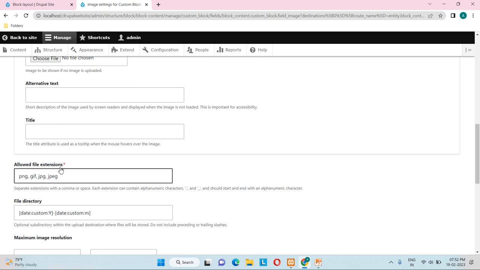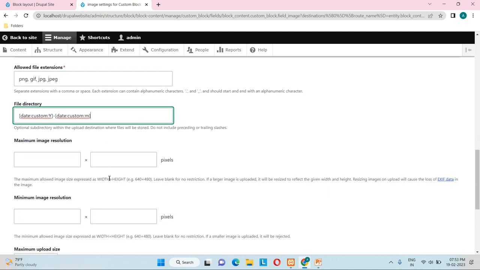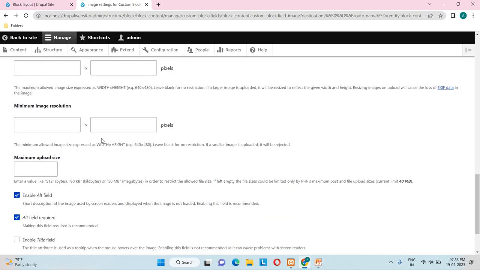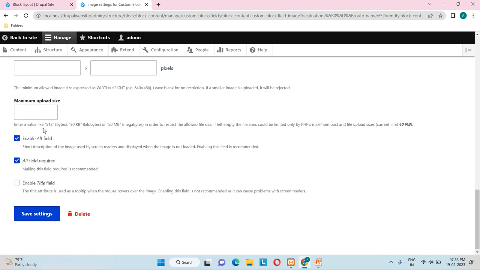And here you can see the allowed file extensions, that is PNG, GIF, JPEG and all. This is already there, so no need to do anything here. And the maximum image resolution, we can give in the form of width by height, like 640 by 480 or 300 by 300. The minimum image resolution we can also give in the same format as they have given here. And the maximum upload size, we can also enter a value here, let's say 512 bytes or 80